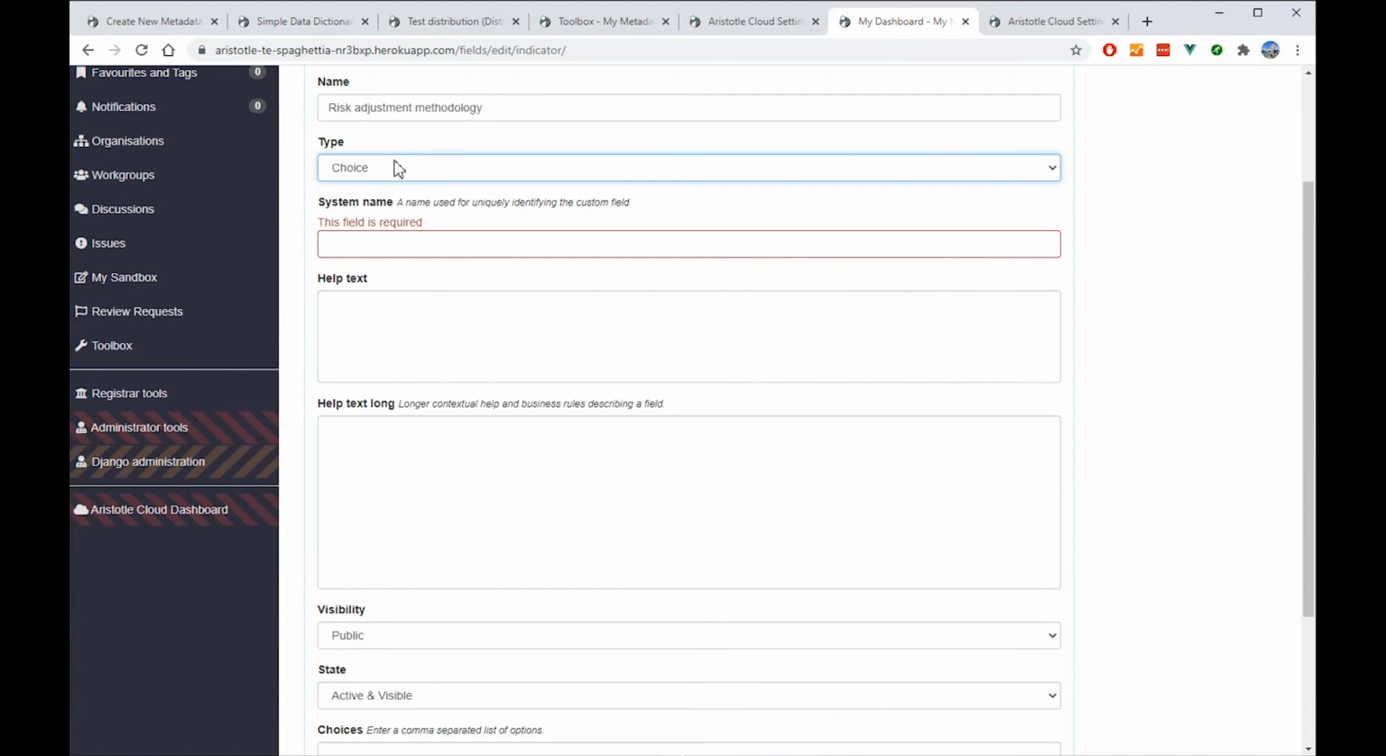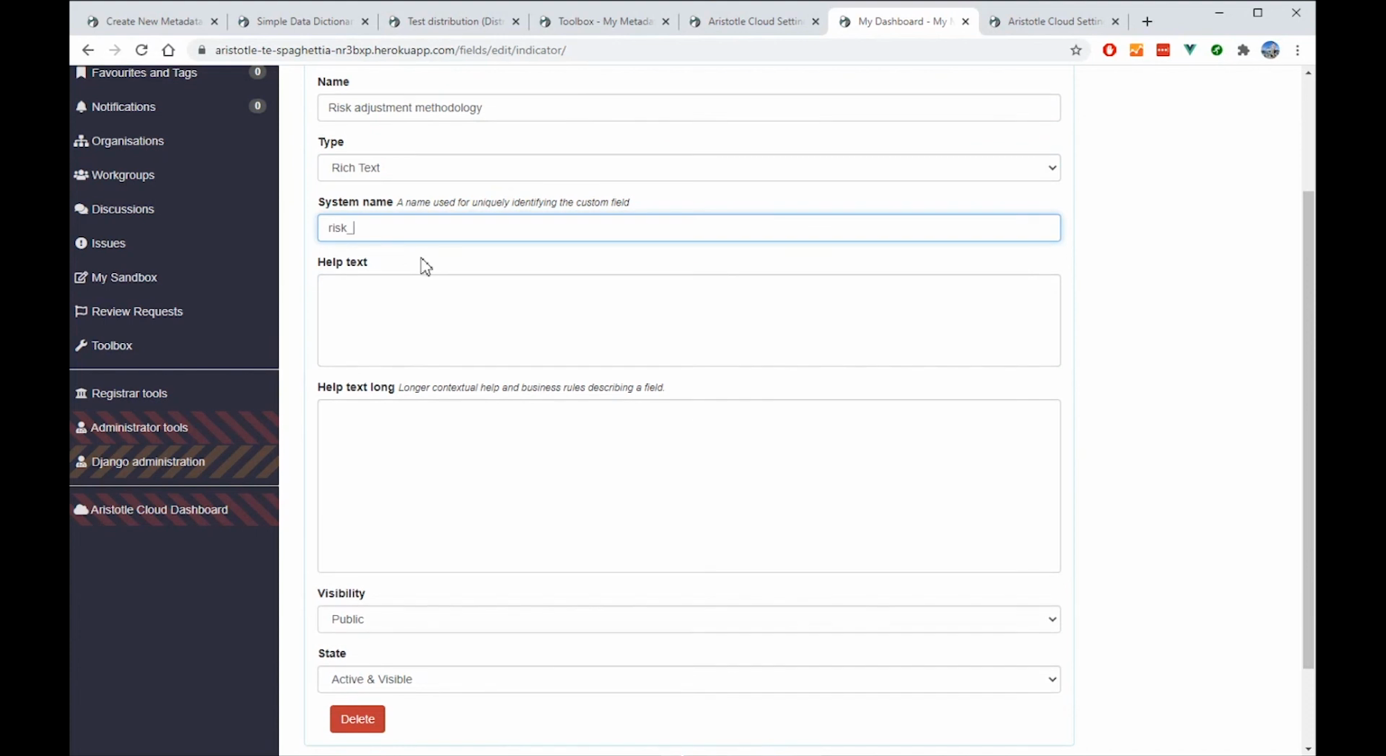So we're going to just stick with a rich text field. The system name is what we use when it's exported through the API. So if somebody wanted to see it in the API, we can give it a name. We can give that there. I'll skip the help text, and I'll skip the longer help text, which both show up in the editor. I can say that this is a field for